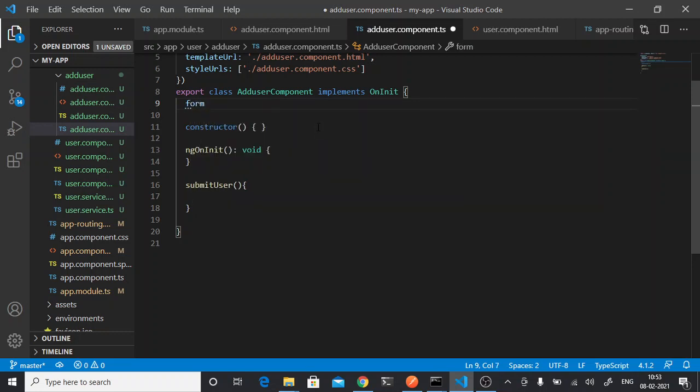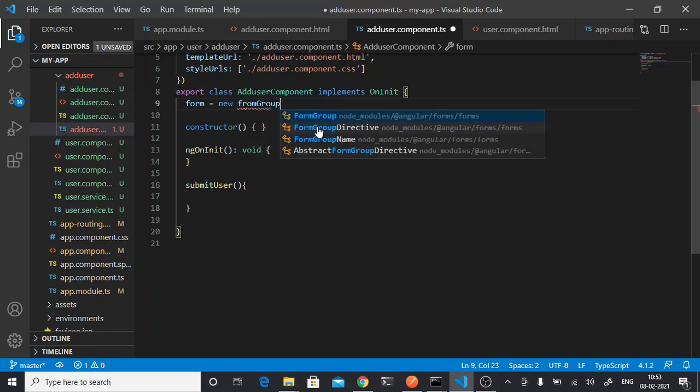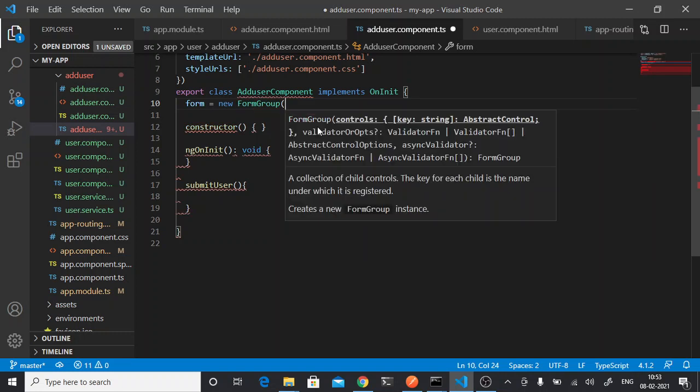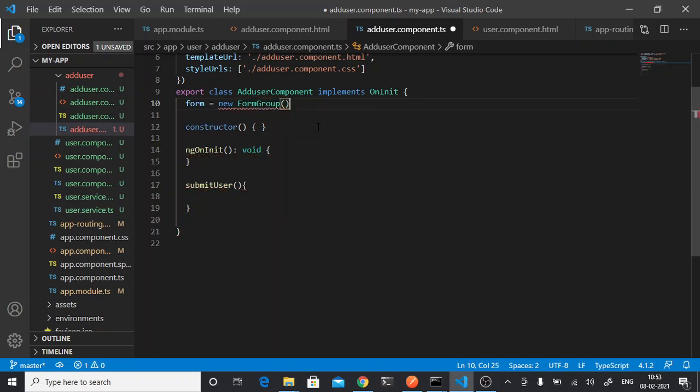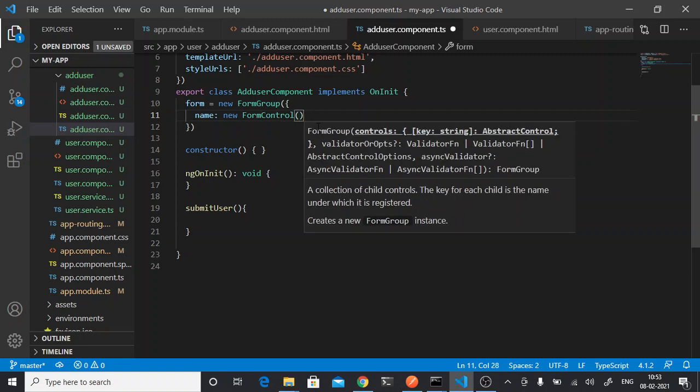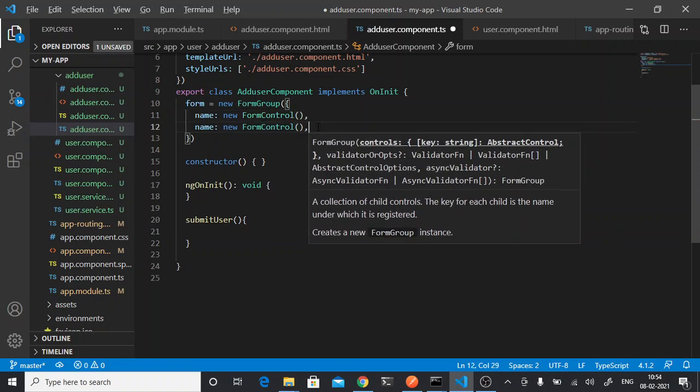So we'll say form is equal to new FormGroup. FormGroup is a function, and inside this, in curly braces, we will give all our input names. Okay, so name, and here we will say new FormControl. FormControl, this is also a method. So same thing for city and age.